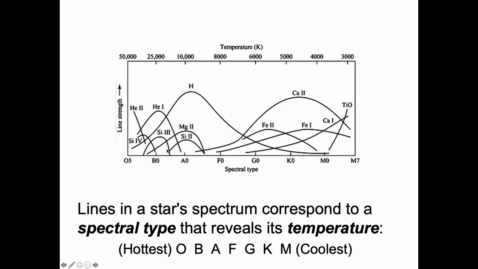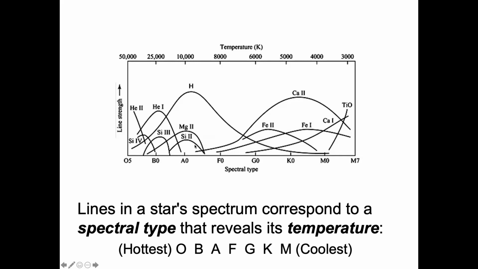One other thing I want to point out is that within these 7 spectral types, there are subdivisions of those spectral types. We introduce numbers that go from 0 to 9. Starting here on the bottom, the graph starts with O5, but then you have O6, O7, O8, O9, B0, B1, B2, B3, B4, B5, B6, B7, B8, B9, A0. That way we can break it up a little bit and be even more specific about which spectral type we're talking about.